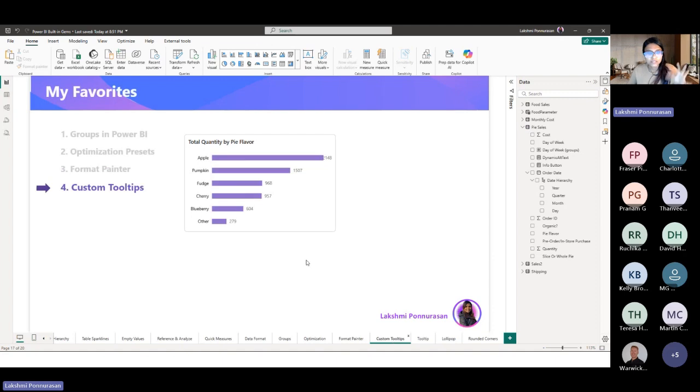Next, tooltips. So you know how I have a visual like this, and then when I hover on it, I get these beautiful tooltips by default, which tells you what my pie flavor and sum of quantity is. If you want to make this a little more insightful, you can add custom tooltips right here. Quick example. For example, when I hover over Apple, I want to probably see just a number with sum of